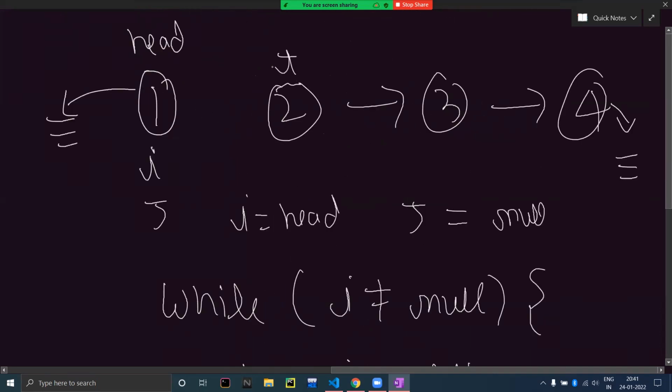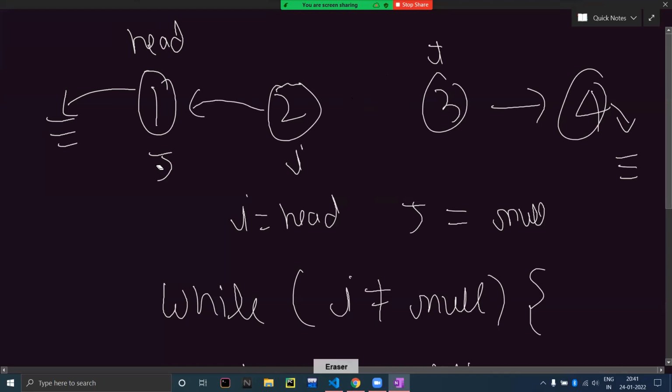Okay, so this is what happens now. So i has come here. So j is now finally here and i is here. Then we'll repeat the same thing again. We'll declare a new t which points to this thing, and we will change the links. So i dot next was pointing to 3, but now I am going to reverse it. i dot next now points to j, and